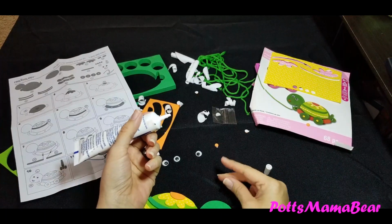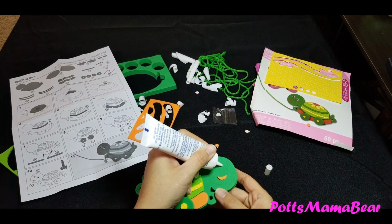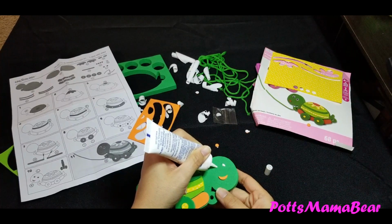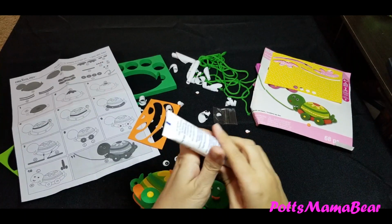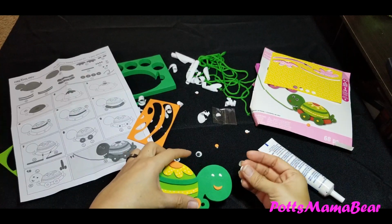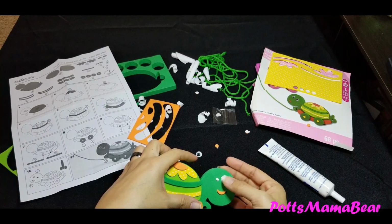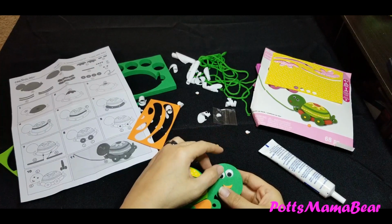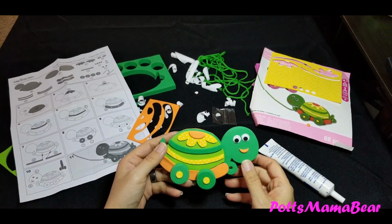Okay, so what I'm gonna do is I'm gonna just go ahead and put 2 little dots of glue, well, liquid stitch, right here and there. Then I'm going to go ahead and put this back on and put this little googly eye right here, and then put this other one right here. I know they do look a little close together, but hey. So there you have your turtle